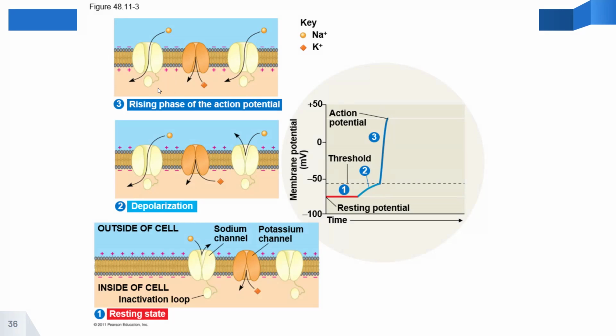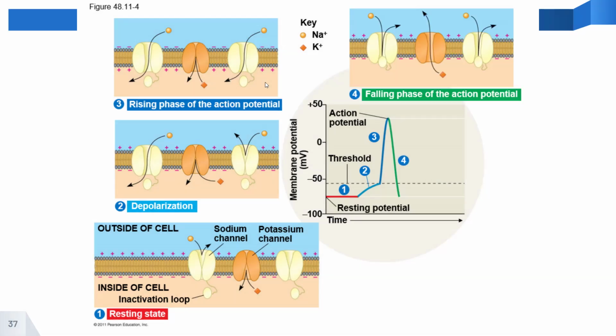Once an ion channel has opened and the sodium ions rush in, it's going to close shortly after. It's going to cause the next one to open and then close. And so we're going to have those ion channels opening and closing like a wave all the way down the axon. Right behind that wave, we're going to have another wave where now the potassium ion channels open and the